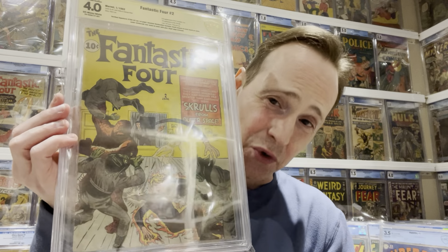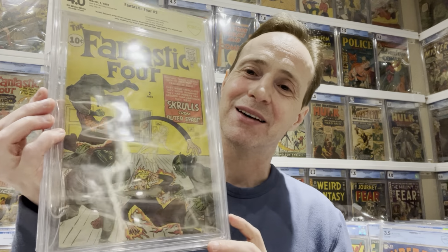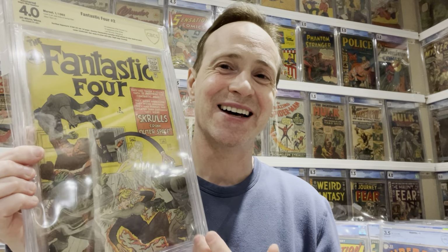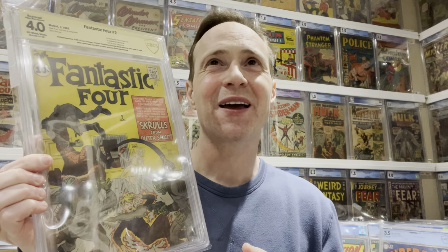And this is Fantastic Four #2. And this is the first appearance of the Skrulls, by the way. Now, this is an interesting one because it's one of those ones where, back in the day,